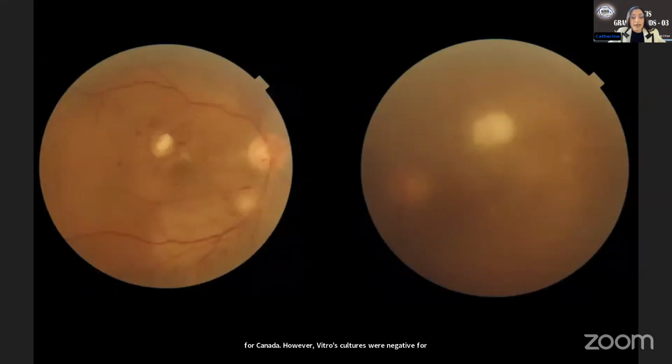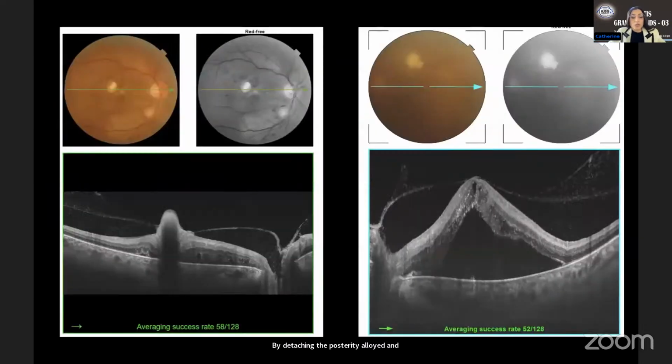This is how the eye looked immediately after the core vitrectomy. The foci are still present, as we didn't want to exert traction by detaching the posterior hyaloid and tear the retina. These are the OCTs of both eyes. You can appreciate that the posterior vitreous is still attached. In the right eye, there is a focus right at the center of the macula, coming from the retina or the choroid. We actually cannot tell exactly the borders due to the shadowing. In the left eye, there is a severe secondary focal retinal detachment.